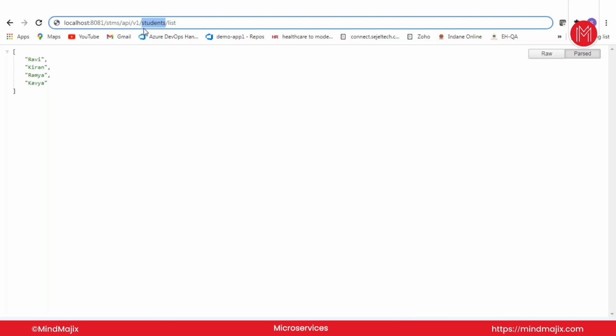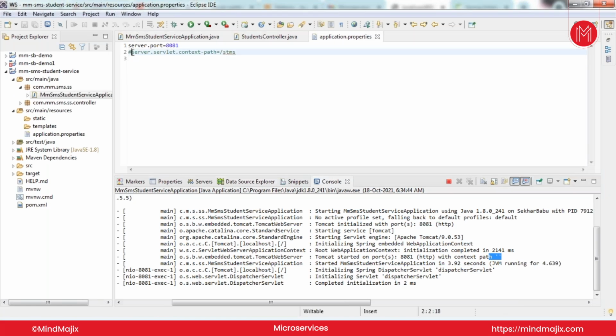Only students list you would specify, right? Then how to differentiate whether it is from courses or from students? That's why we need to give this context path. If we give this context path at the microservice level, we can differentiate the URLs. This is only a read operation, so always we need to specify the